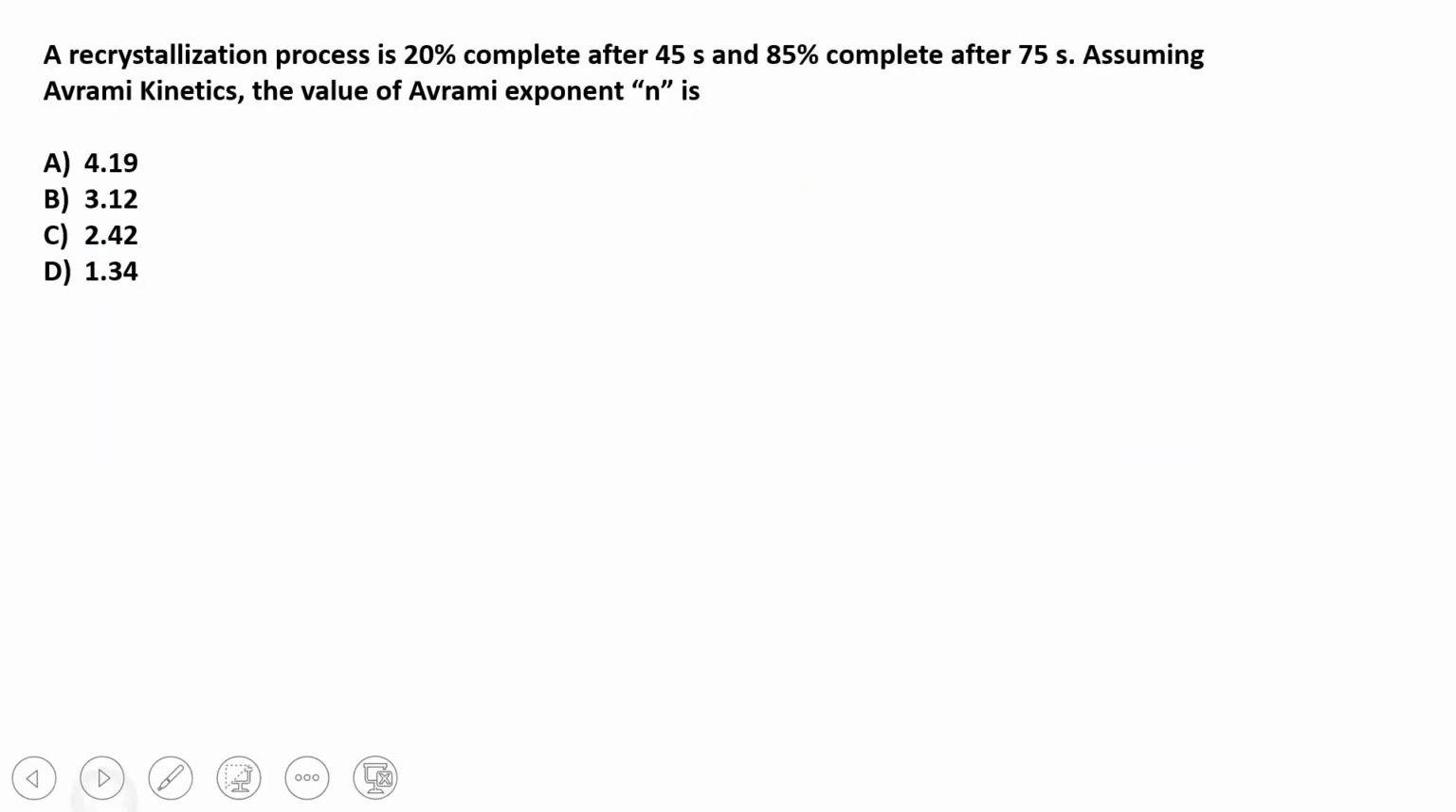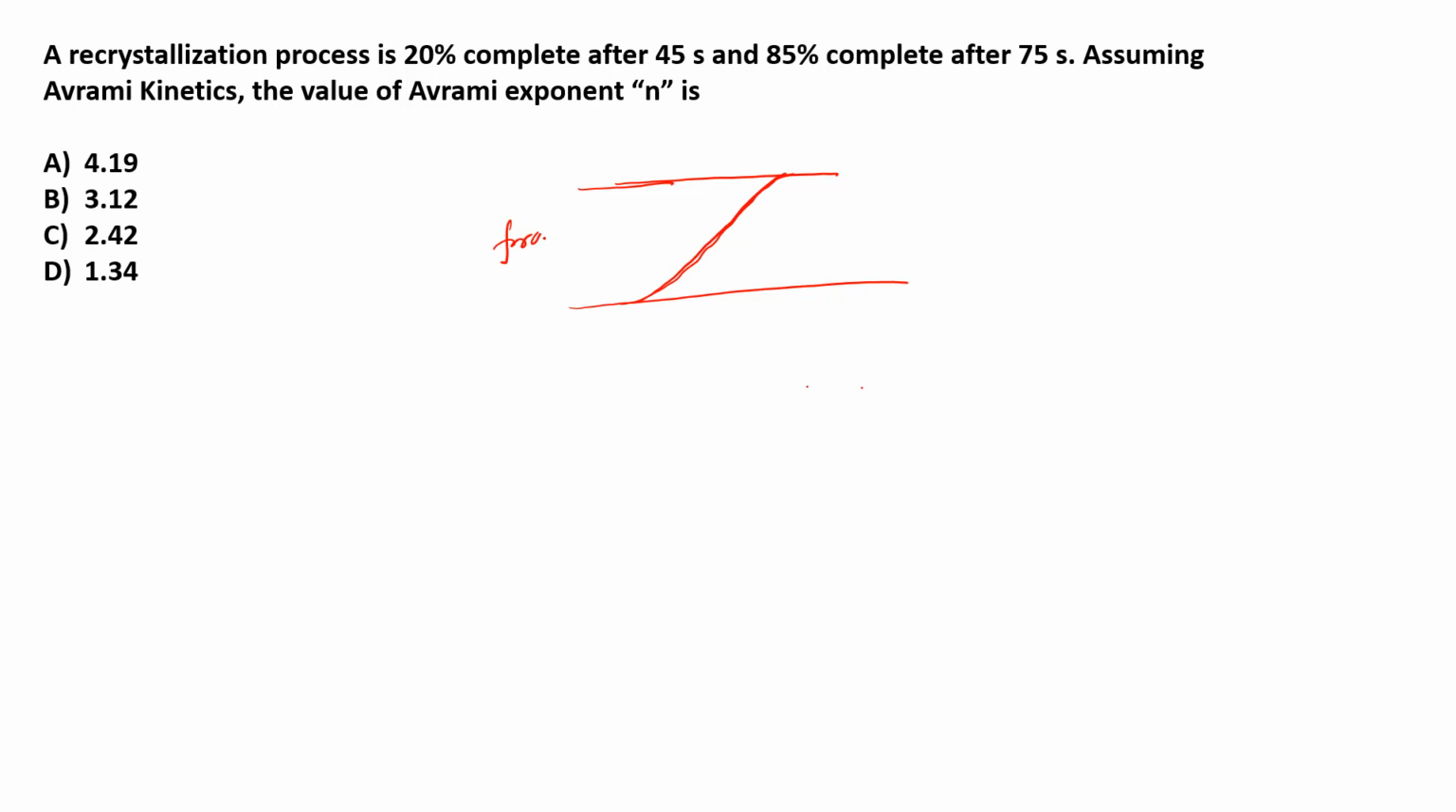Okay, next. A recrystallization process is 20% complete after 45 seconds and 85% complete after 75 seconds. Assuming Avrami kinetics, the value of Avrami exponent n is. Okay, so roughly the recrystallization follows a curve something like this, right? So it shows fraction of completion